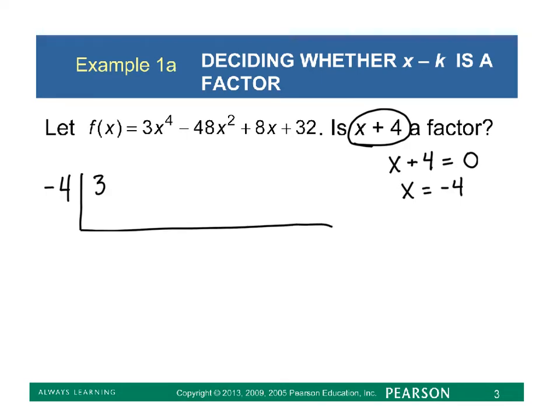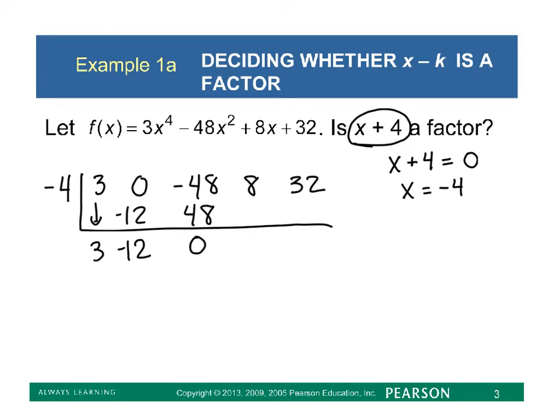Bring down all coefficients. Oh, we're going to have a 0 here. We're missing that x cubed term. Now just follow the steps of our synthetic division process. Bring down the 3, multiply negative 4 to 3, get negative 12. Add together, multiply these two, get positive 48. Add together, multiply negative 4 to 0, add,